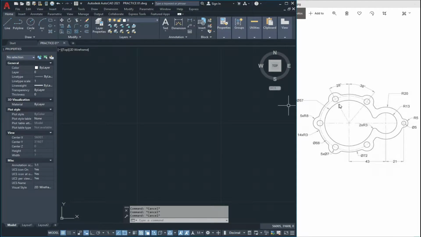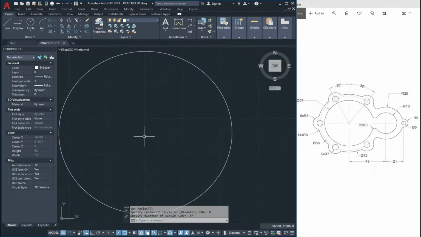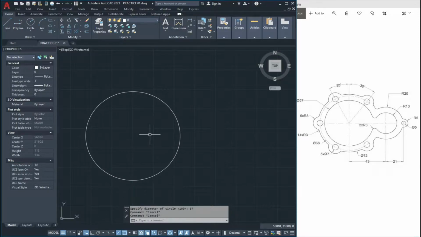So friends, first we draw this circle with a diameter of 57 units. For circle, type C and enter. Give the center point for the circle and type D for diameter and give the value 57 units, like this. Now we draw a line here